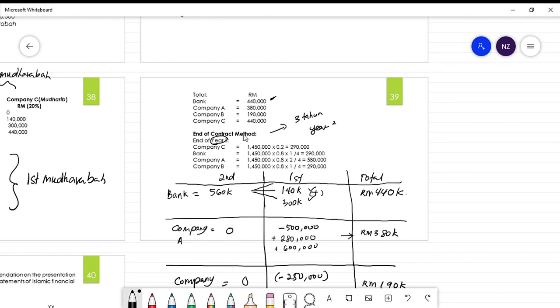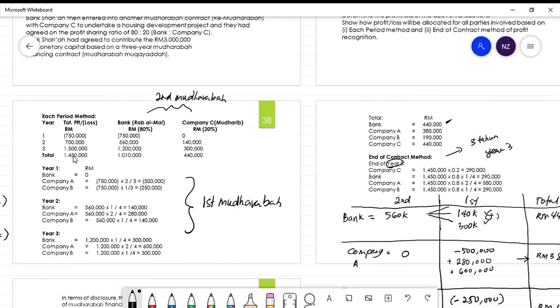So awak ambil lah the total amount of the profit 145,000 ni is this one. Sebab dia dah habis dah. So awak ambil terus lah the total amount of profit and loss yang kita dapat untuk ketiga-tiga tahun sekali. Sebab kita nak tutup terus account tu kan. Kita ambil amount total ni tadi